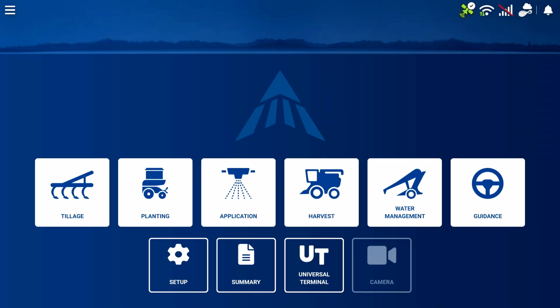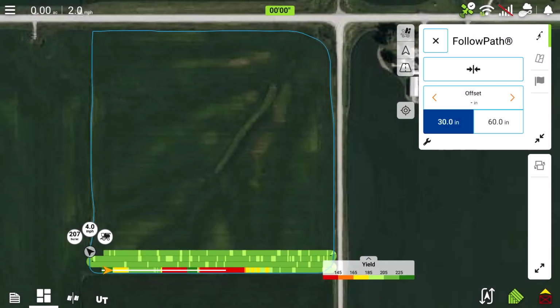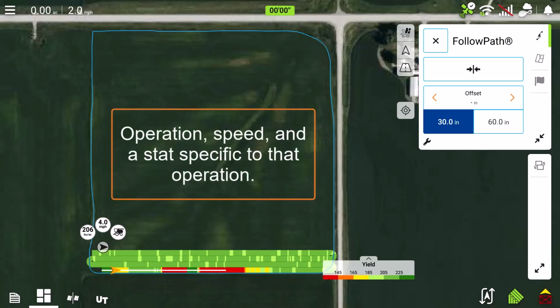Growers and farm managers that are away from the field can use Agfinity to view live mapping of current operations in the field. On the mapping screen, you can see all the vehicles and devices that are in and around the field. 3 bubbles around the vehicle give quick information on it, such as operation, speed, and a stat specific